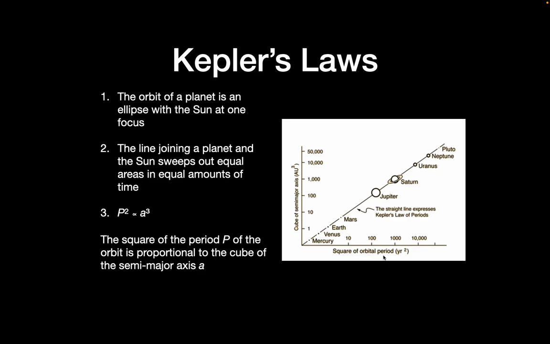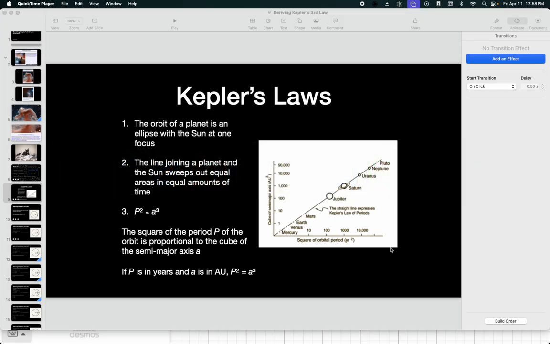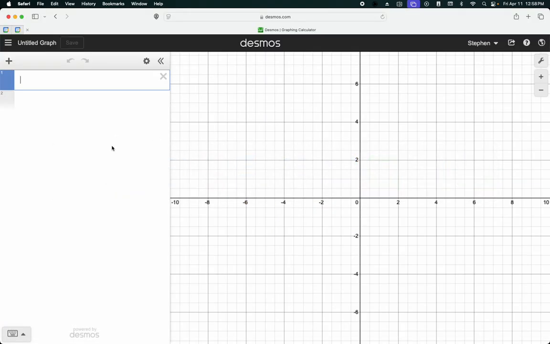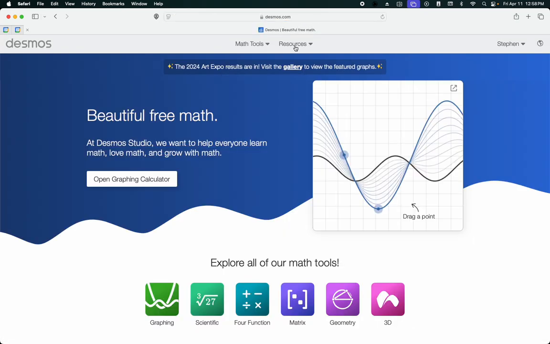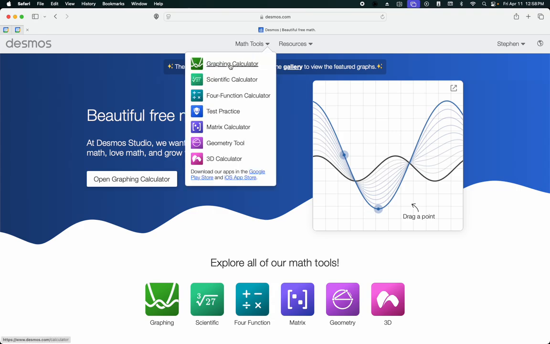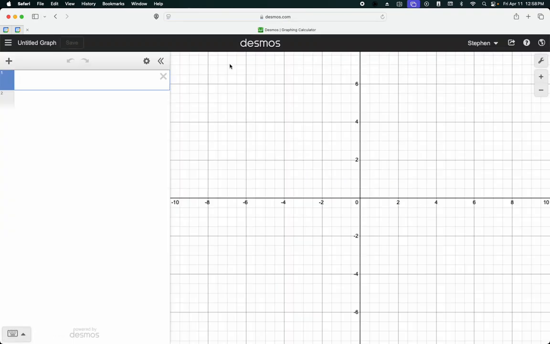We're going to actually make a chart like this in Desmos, and here's how we're going to do it. So we're going to go to Desmos, and I'm going to make a graph. Please go to Desmos right now. When you first go to Desmos, you click on Math Tools and Graphing Calculator. You should be doing this as you go. Over here in the equation area, you should click on the plus button and make a table. So we're going to make a table, and instead of x and y, we're going to be graphing the